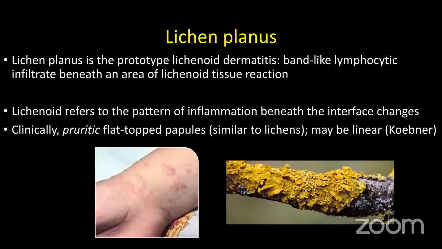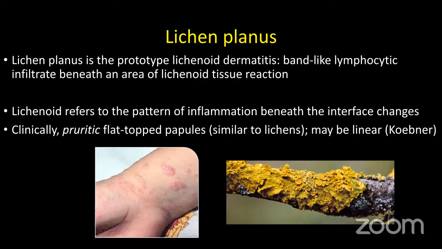So lichen planus is the prototype. My assumption is that it was named after the lichens that you see on the tree, where you have these little flat top lesions growing along on the skin. So it's classically this very itchy, flat-topped violaceous or pink papule. In patients with darker skin, obviously the pinkness will be a different color, sort of a violaceous darker color. And very, very itchy. A lot of times it will be linear. We've referred to that as